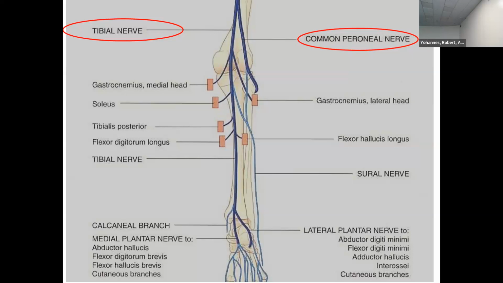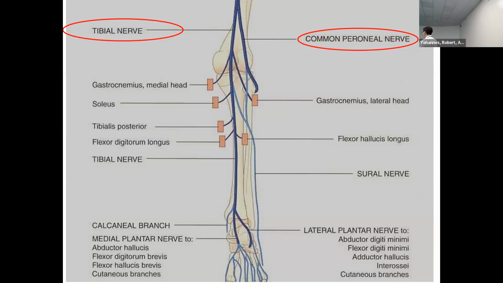And why? This movement is innervated by the tibialis posterior. The muscle that does it is the tibialis posterior muscle, which is innervated by the tibial nerve. And why is it so important? The reason that this movement is so important is because this is a pure L5 root. What it means is that if this movement is involved, it's important to know, it will help us localize the region to, for example, the L5 root